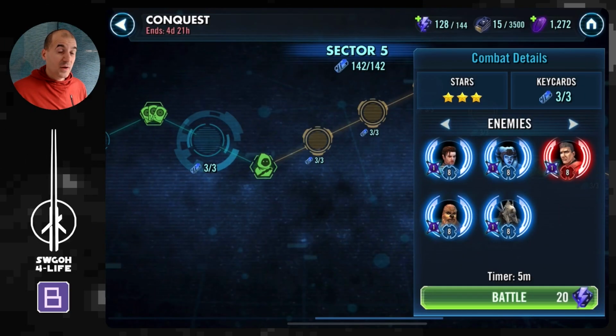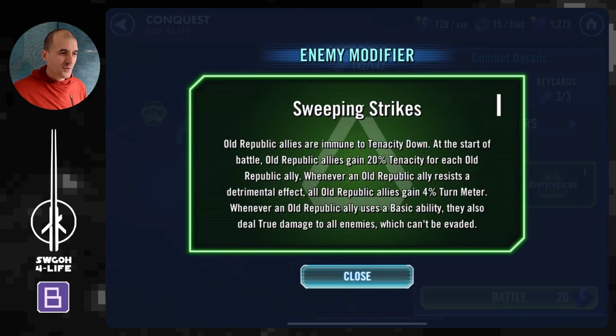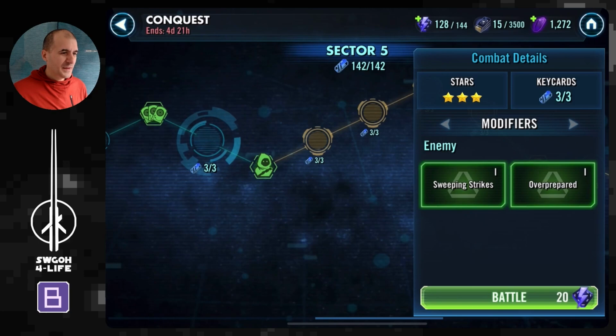So in this one we're going up against Carth and Old Republic, and these guys are annoying. You got Nest in there, Canderous is constantly gaining bonus turn meter whenever they use basic, they're dealing true damage. So definitely because of their modifier, they're very annoying here. They're immune to tenacity down. They start off with a lot of tenacity. So definitely it's a little bit of an annoying team, but there are ways to get around them and defeat